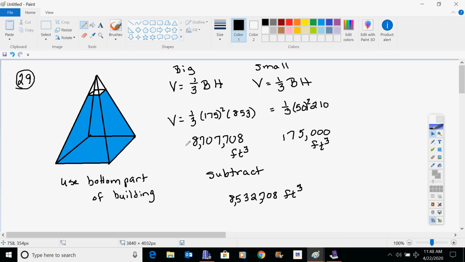Now, they didn't give it to you in this form. They gave it, once again, as a verbal problem dealing with a building that was pyramid shaped with a top spire that wasn't usable. So they wanted the usable volume. So you take the volume of the whole entire building, which they gave you the 175 and they gave you the 853. But they tried to be tricky about it and they put it throughout the problem. So you had to figure out, okay, first of all, what was the